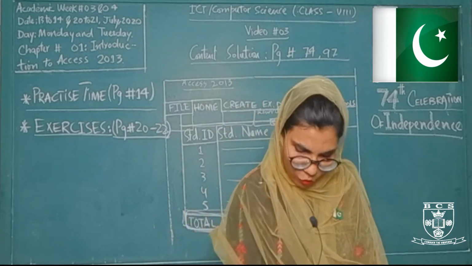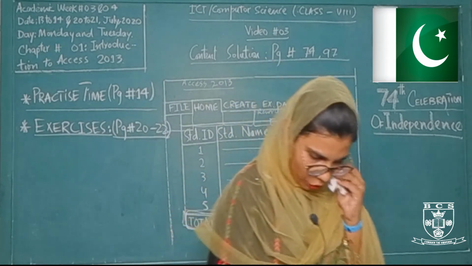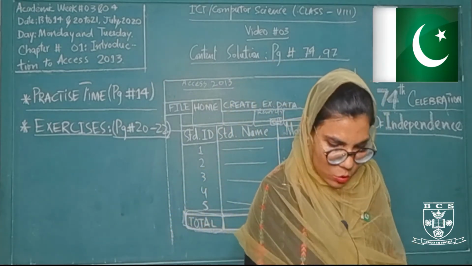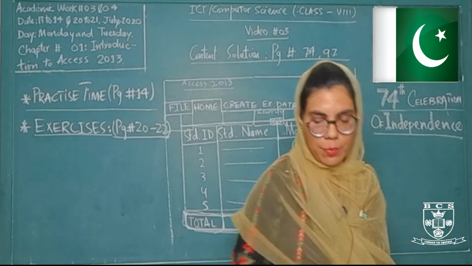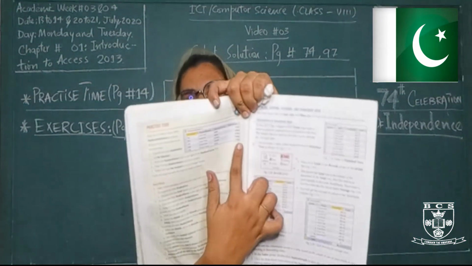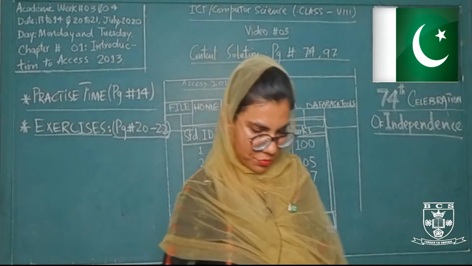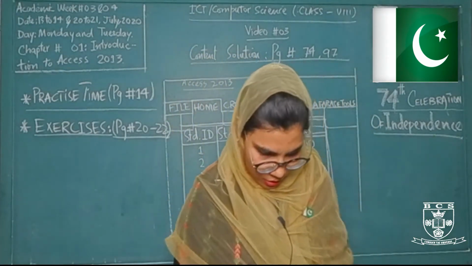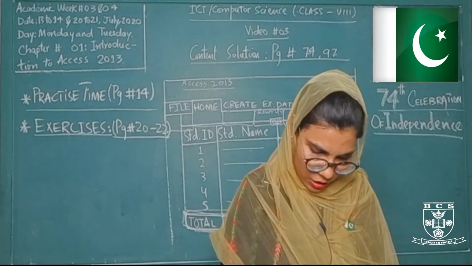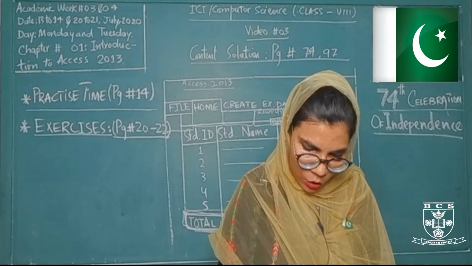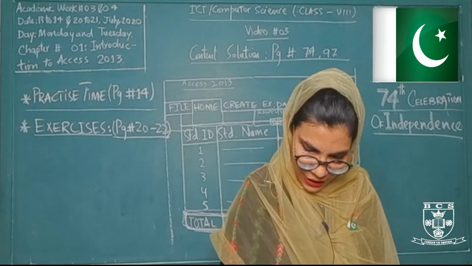Yes, open your book for page number 14. On page number 14 we are having the statement. Raza has to create a table called student admission as shown alongside. This is the table that is shown on the right hand side of your page number 14. Then he has to do the following tasks. There are 4 different tasks that Raza has to perform. Could you help him with the steps he needs to follow?